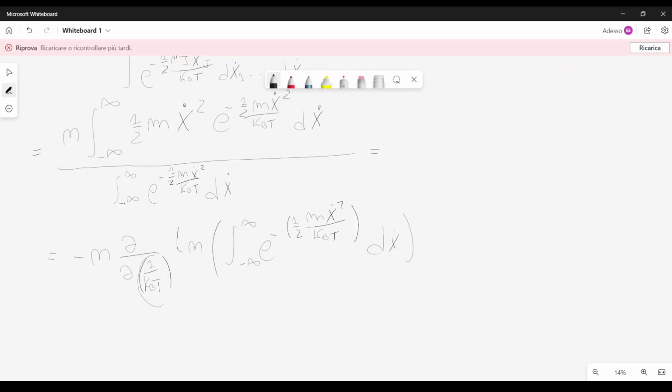And we can call 1 over k Boltzmann T just beta, and this will simplify our notation. So here we will have m